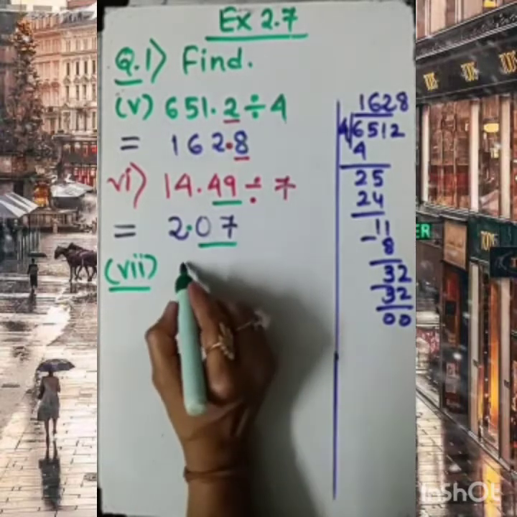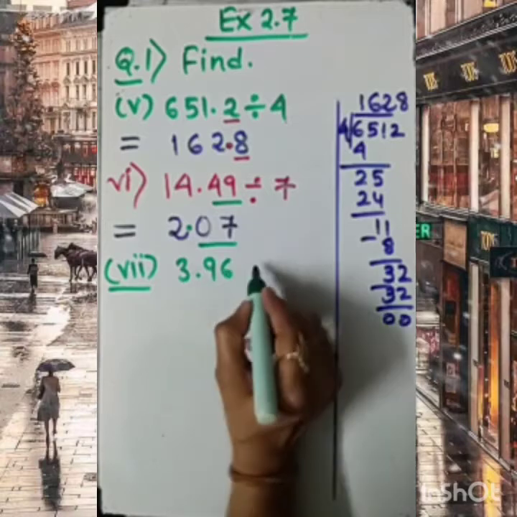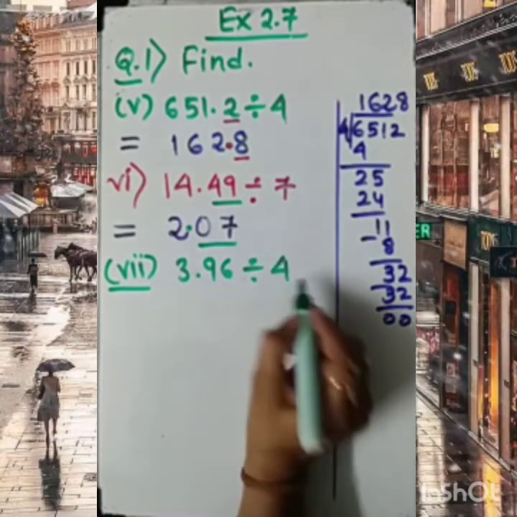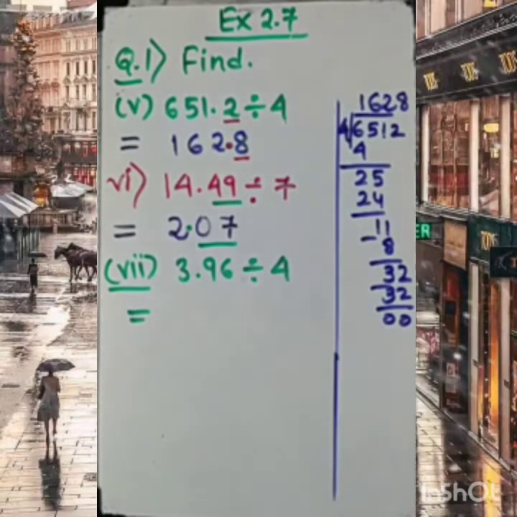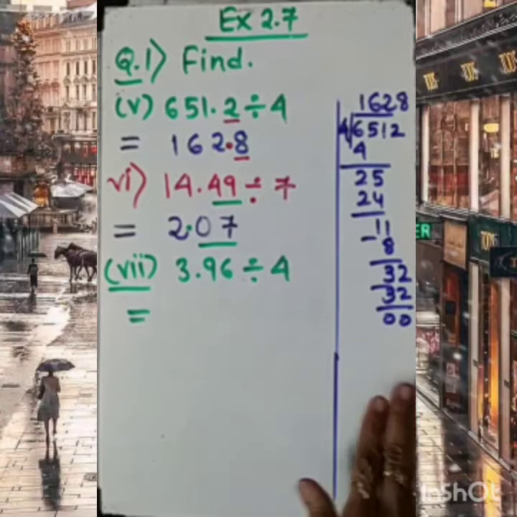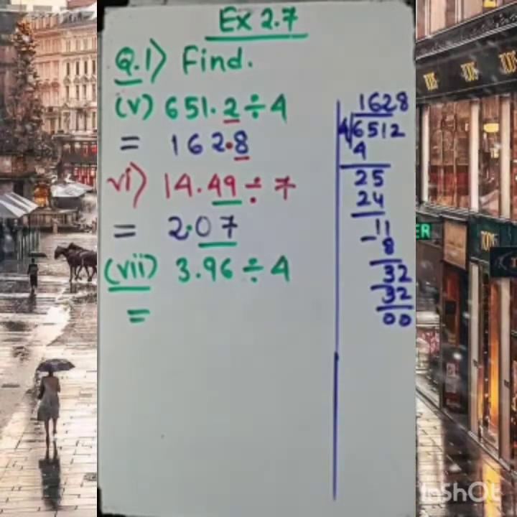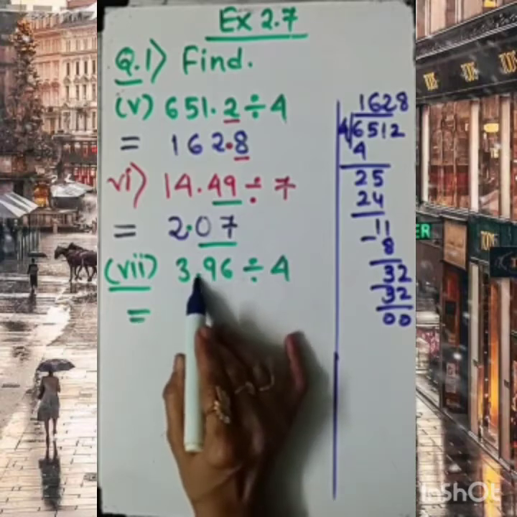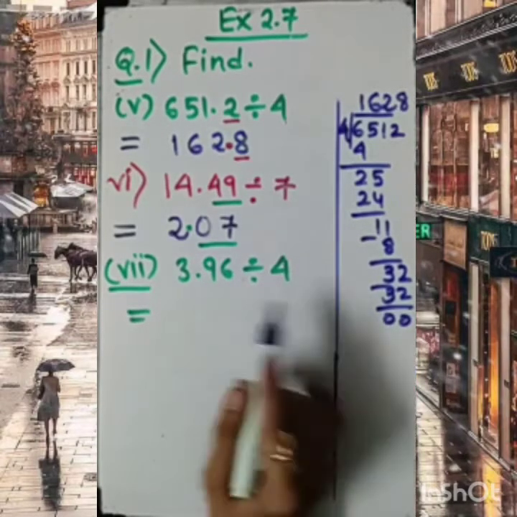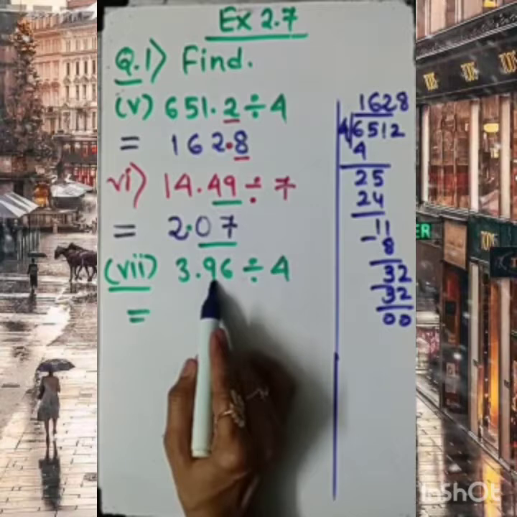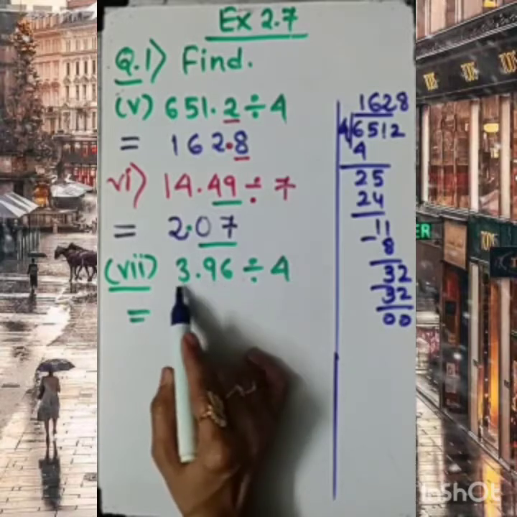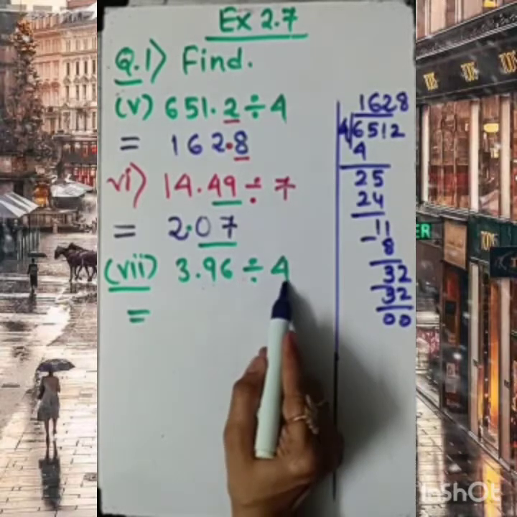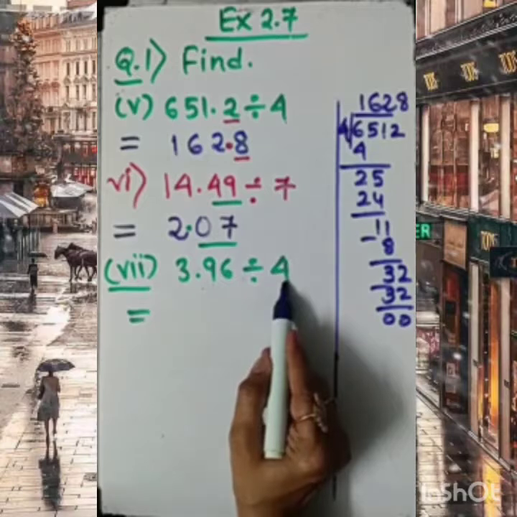We are given 3.96 divided by 4. Let's try to do it without calculation, because I am giving you the habit of doing it that way. If you are not able to do it that way, then you can proceed with this, no issue. Just look at your screen and forget that the decimal part is given. So it means that I have 39 now, right? 39 is there. So let's recite the table of 4 till 39.